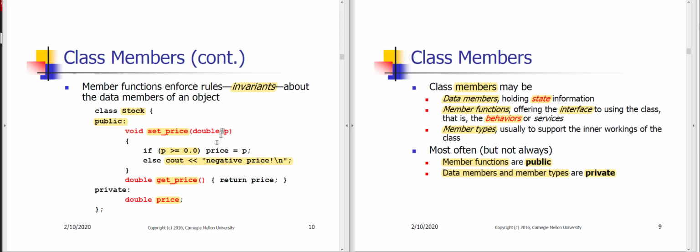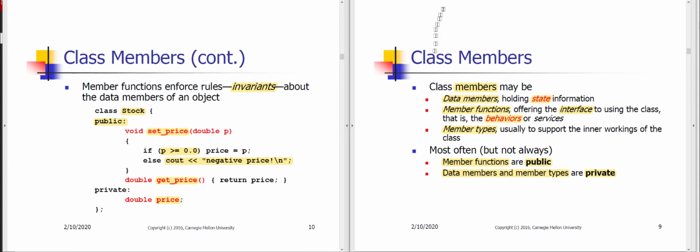But if the price that I've requested is valid, that is, if it's greater than or equal to 0, then I will set the price private data member within the current stock object to that argument value p. Each stock object will have its own price member,